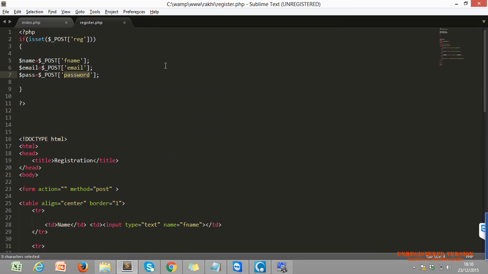Okay, now we have caught these three values of our text boxes and assigned them to three different user defined variables of PHP. If our form is submitted and our text boxes have values, then we have the values in our variables. Now what we have to do,